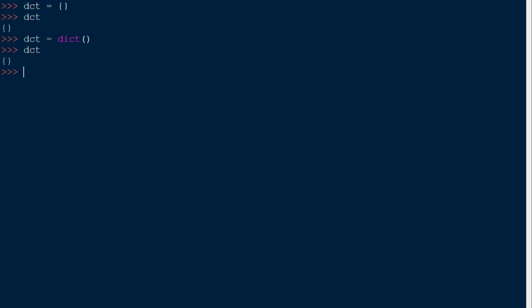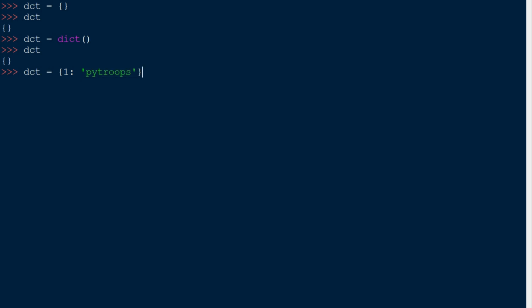Initially, you can also create a dictionary with a key and value pair. You can simply do that by typing dct equals to open and close curly braces, and within those curly braces you need to type a key and a value. Let's say I want to pass in a key 1 and a value, let's say PyTroops. Keys and values can be anything. They can be a string, they can be an integer, or whatever you like. They can be a float or a list itself, or maybe a dictionary itself. The values can be anything as well.